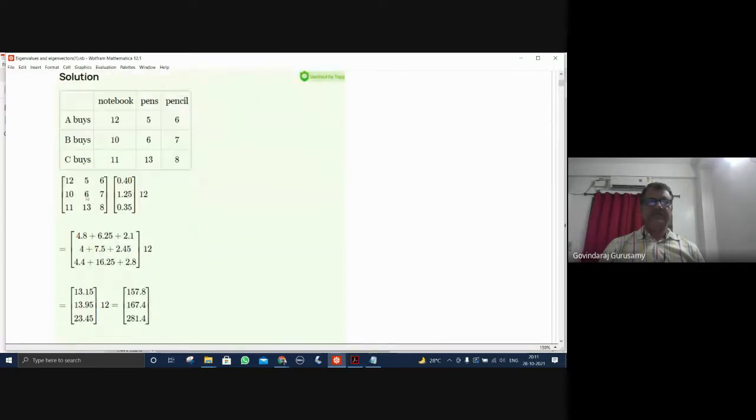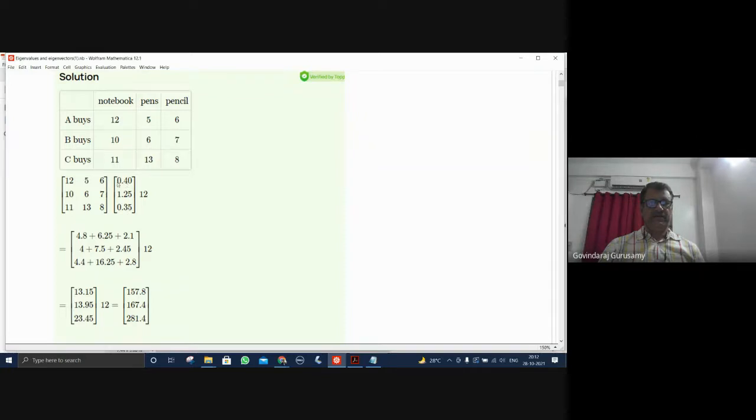So now you can see A, B, C. These are all very simple for us to understand, and these are all in terms of dozens. So what you have to do is write this in a matrix form. These are the items A purchased, the same items again for B, the same items for C. So this can be represented in the form of a matrix, and the cost of each one of them has been put in a column form.